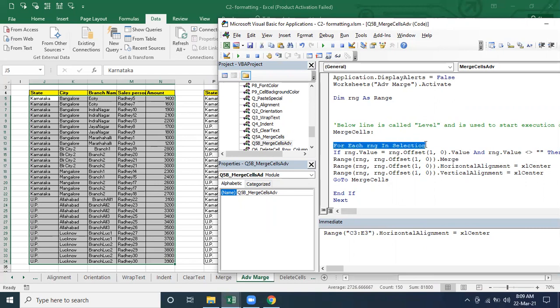Are you aware about the for loop? Do you have any idea about the for loop? Yes, so it goes through the whole cycle till the next, exactly. We'll discuss all this later, not as of now. Whenever that topic comes, at that time I'm going to demonstrate this. But you have to take the small things seriously, because with these small things you are going to make something big.